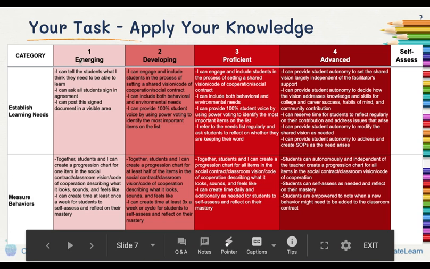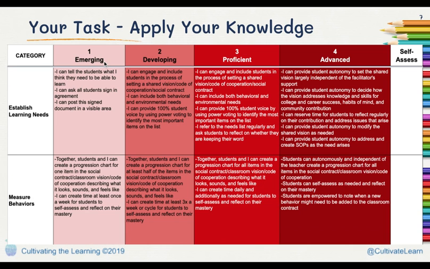You might not be even at emerging. To be at emerging for establishing learning needs, you would have had to tell the students what you think they need to do to be able to learn. You can ask the students to sign it in agreement, which is like having a social contract that you write and they sign. And then you can post the signed document in a visible area. So if you've never done a social contract or a code of cooperation, then you might not be at emerging and you would just let me know, and then you would actually try to do that with your kids